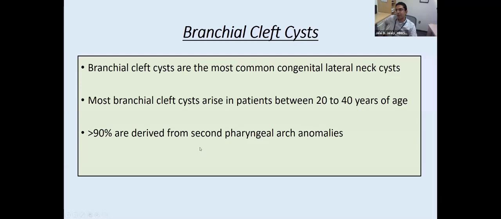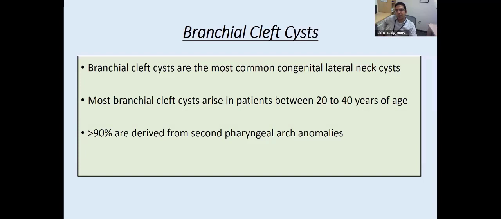Most of these arise in patients between 20 and 40 years of age. So even though it's a congenital lesion, it's not very frequent in patients below the age of 5, it has been shown. And more than 90% are derived from the second pharyngeal arch. However, there are branchial cleft cysts that can occur from the first branchial arch in about 5 to 8%